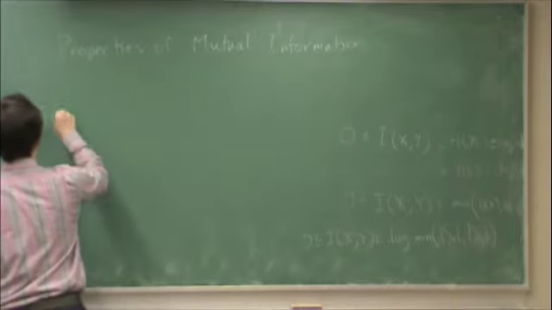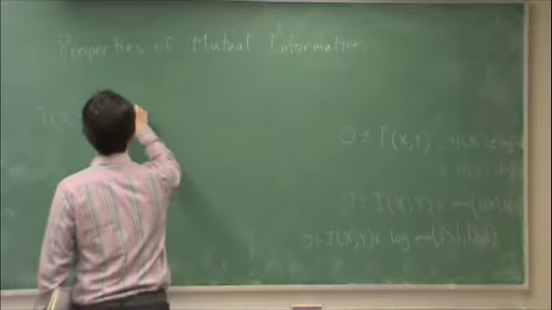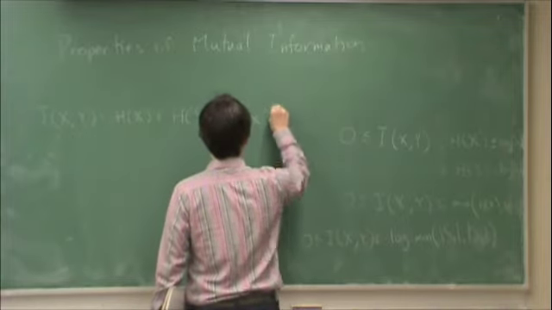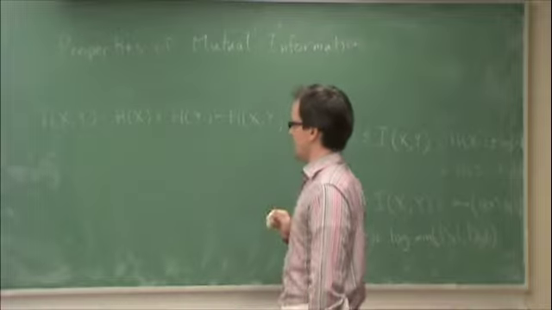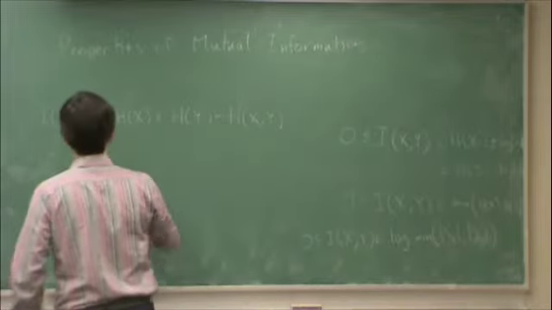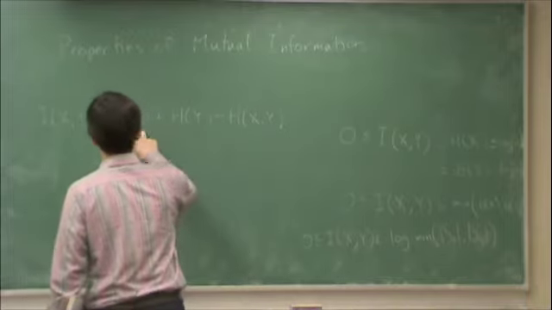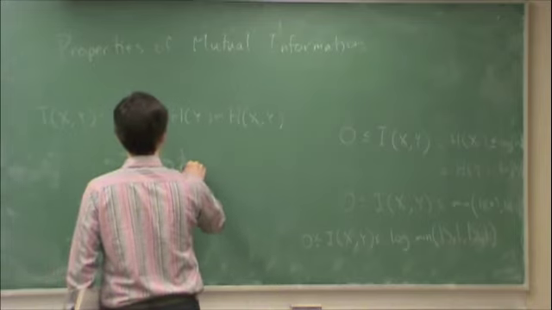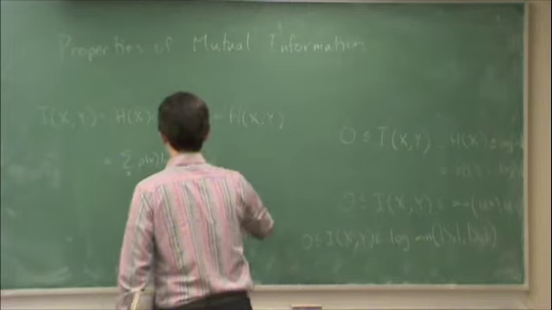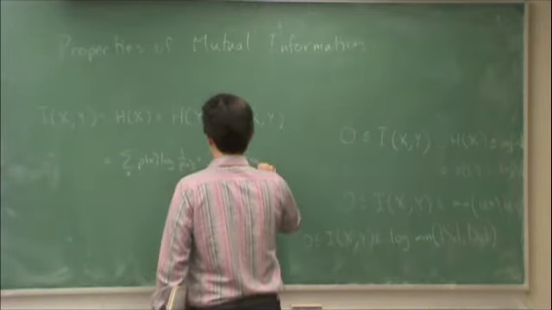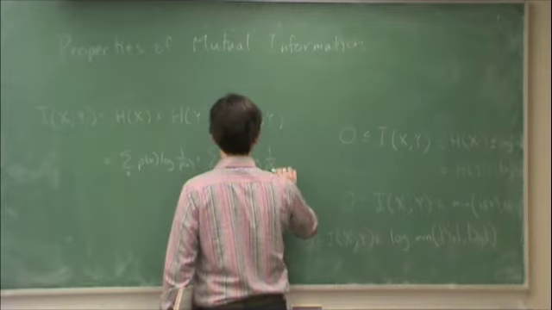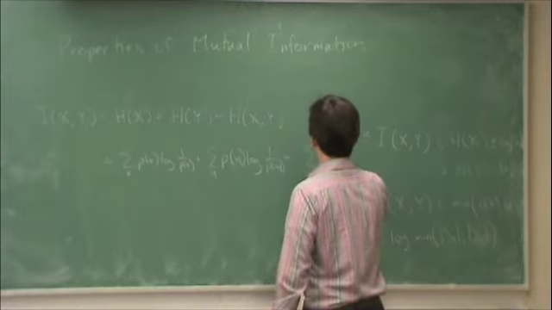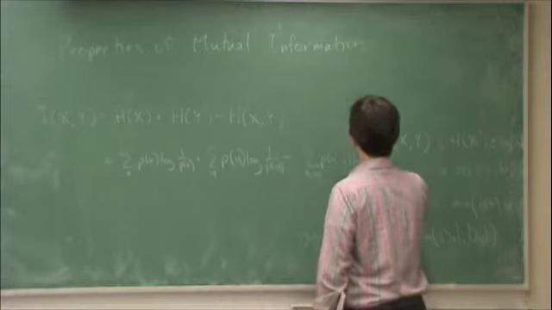So mutual information between x and y is equal to H of x plus H of y minus H of x and y, which, if I expand all of these, is the sum over x of p of x log 1 over p of x, plus the sum over y of p of y log 1 over p of y, minus the sum over x and y of p of x and y log 1 over p of x and